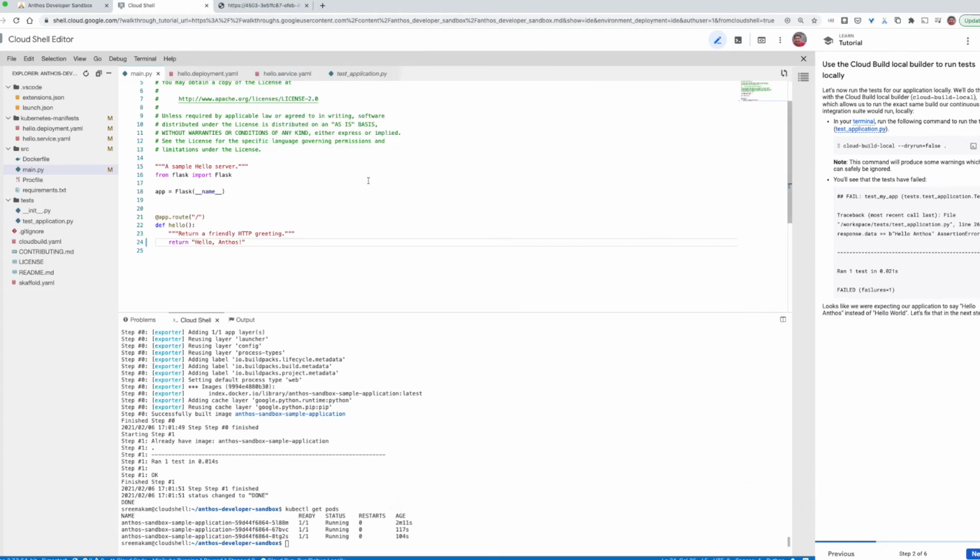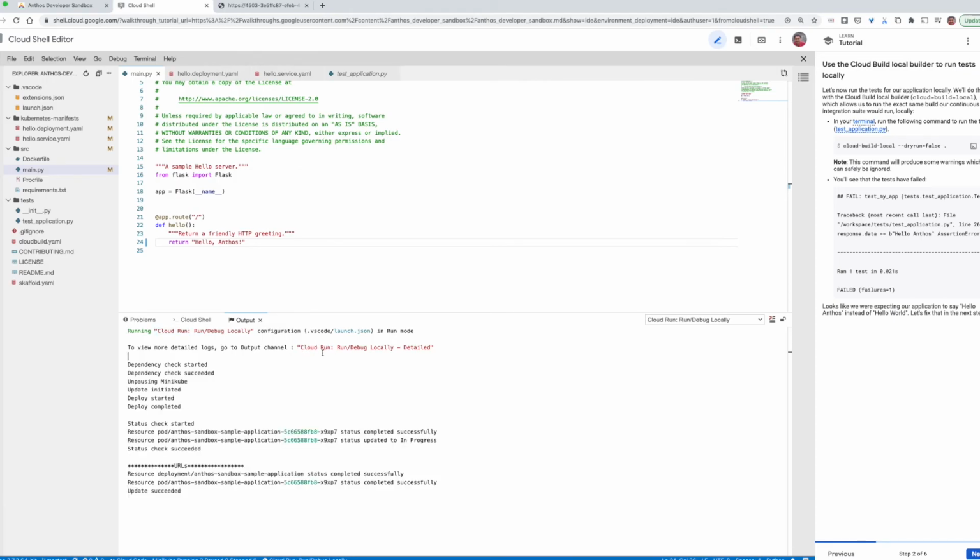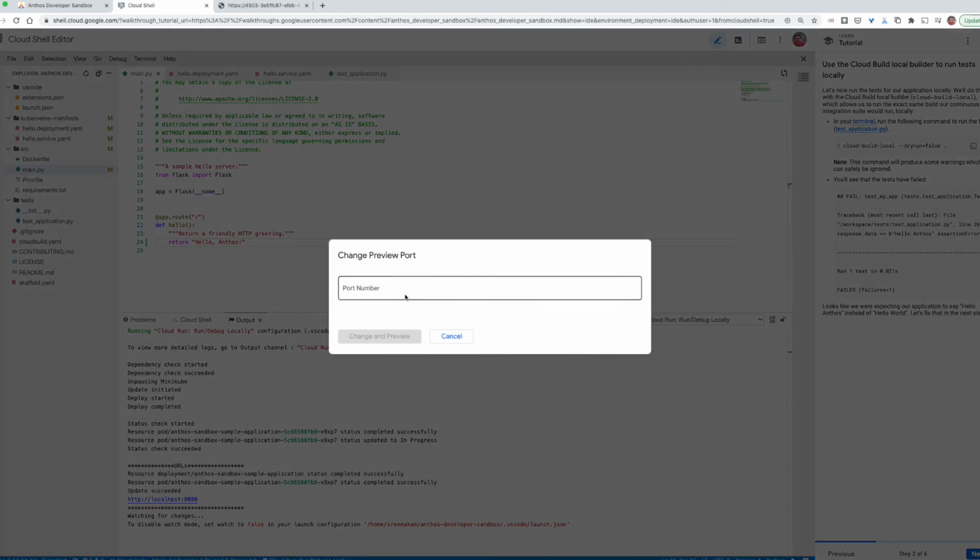Now that we have a successful CI/CD pipeline, let's take this image and deploy it on Cloud Run with a local emulator. Cloud Run is a wrapper on top of Knative. Now that the Cloud Run build is successful, we can check that local port and we can see the application running successfully.